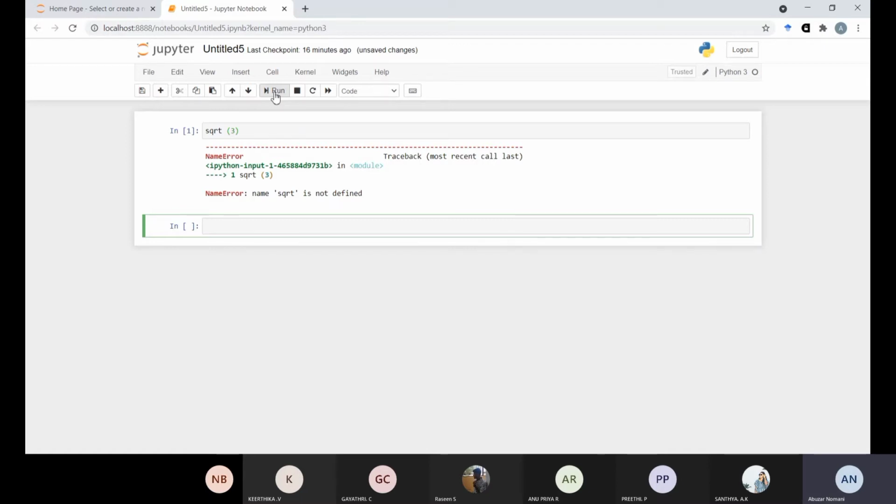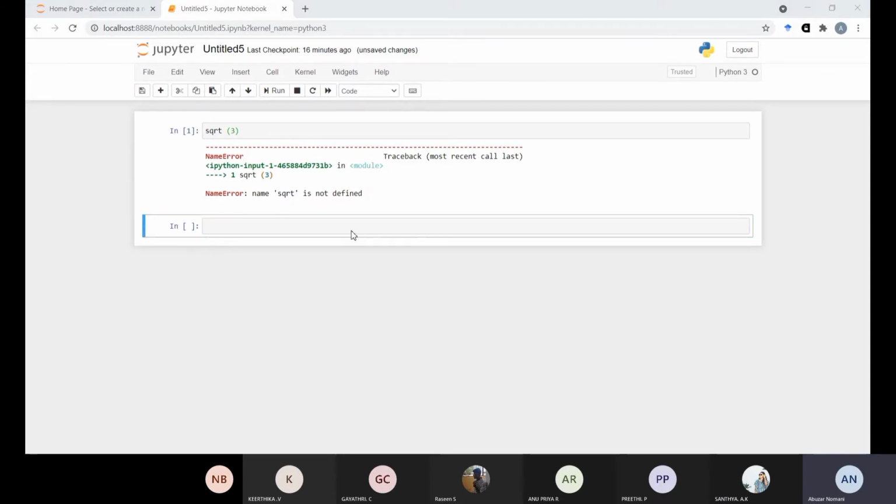You can see the error: name SQRT is not defined. There are no packages right now that enable Python to find the square root of 3. So before giving any command, we need to install some packages.